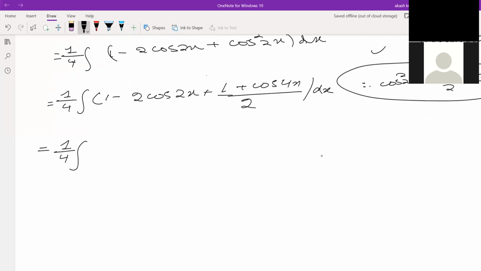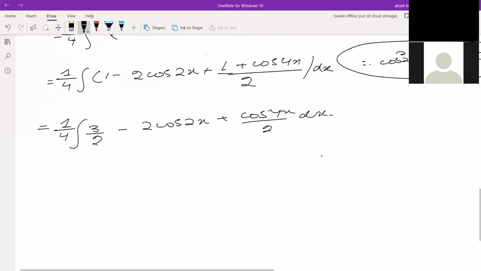One over 4, 1, this one and this half will become 3 by 2 minus 2 cos 2x plus cos 4x over 2 dx. Now we have to apply the integral 1 by 4. Integral of 3 by 2 is 3 by 2x